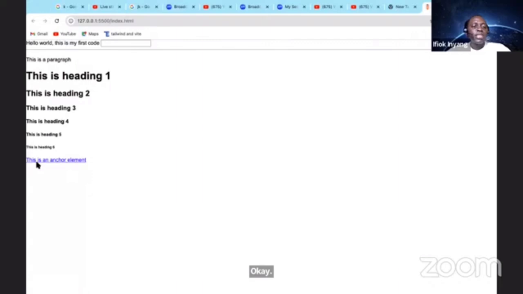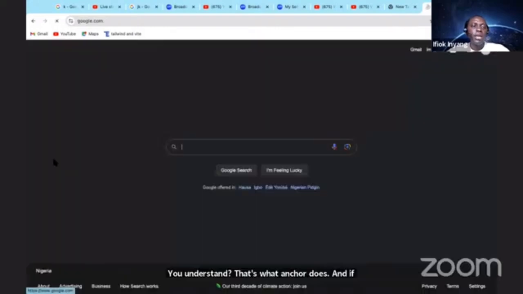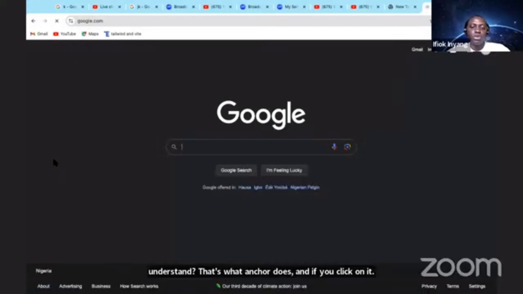It automatically comes out and says this is an anchor element, but it is blue and it's underlined. And when you put your cursor on it, it shows that finger to tell you that, oh, this is a link. You understand? That's what anchor does. And if you click on it,